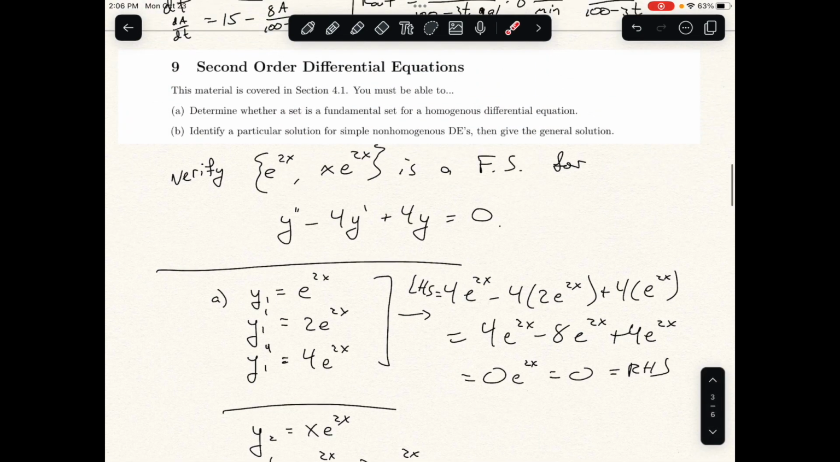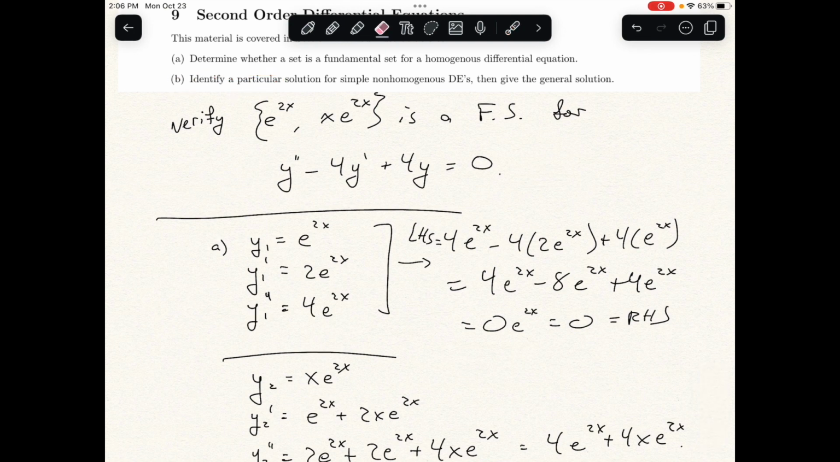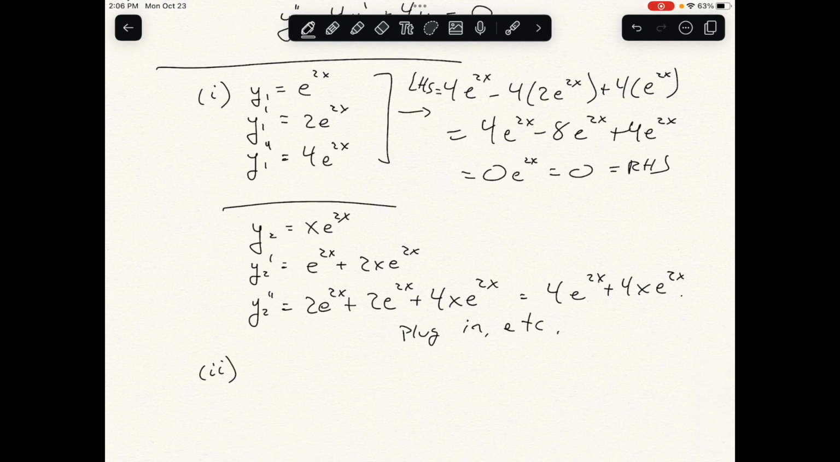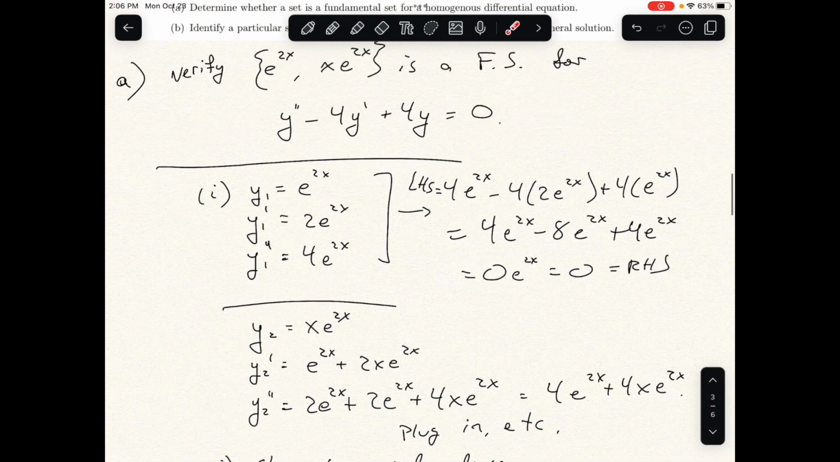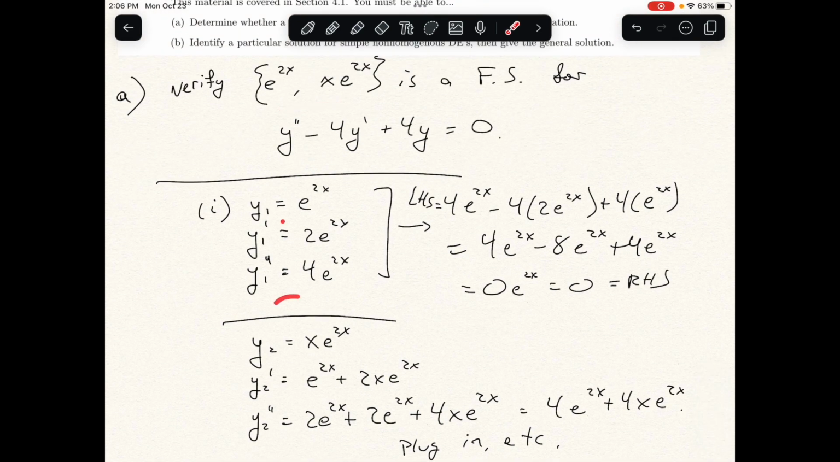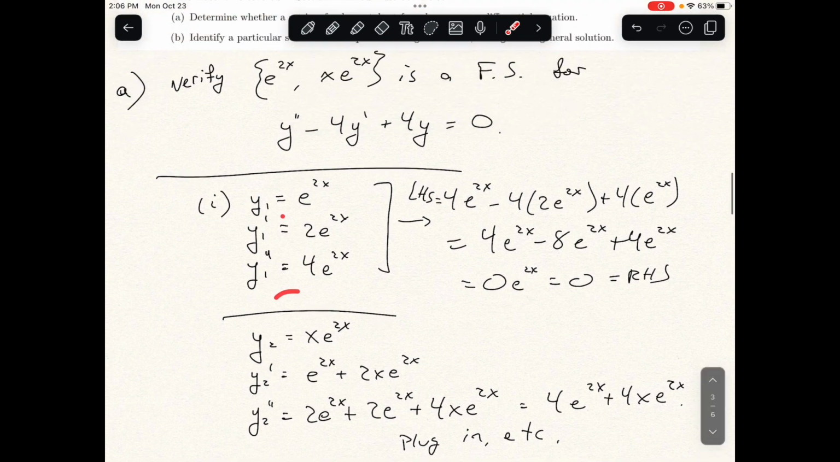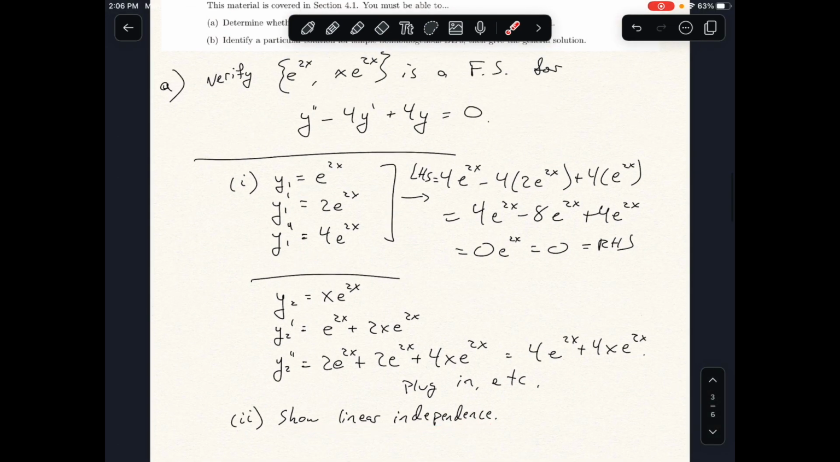Sorry, we're not on B yet. I should have labeled these differently. So that's thing number 1 that you have to do for part A. So this is all a part A kind of thing. And then the second thing you would have to do for part A would be show linear independence. To have a fundamental set means that 1, everything in there is a solution, and 2, the set is linearly independent. Okay, so we want to show that this is a linearly independent set,